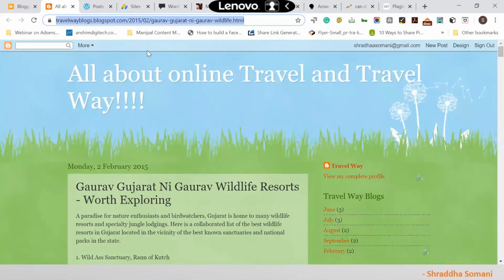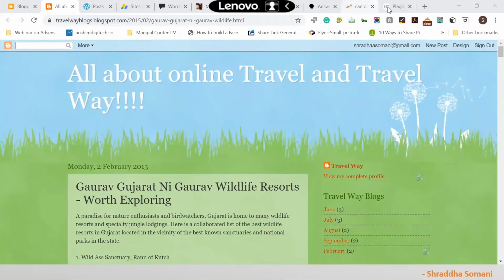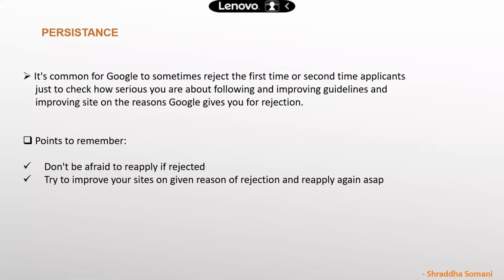I'll write a post. I also have to convince the user why they should read my blog. What benefit will they be getting? So I'll write the benefit in my social media post, and then I will say read more, and I'll give the link of my blog page. This is how I can apply for a source. I hope it is clear. All right. Okay, so moving back to our slide.